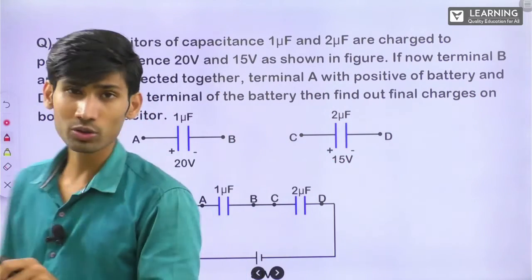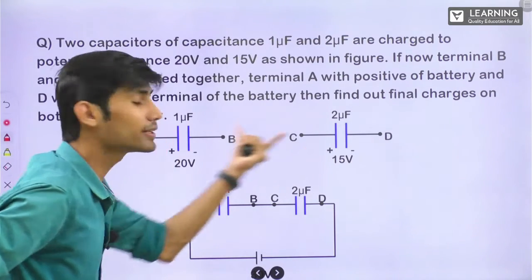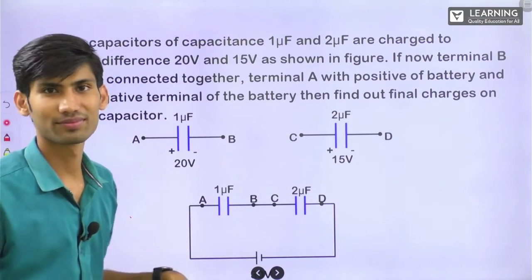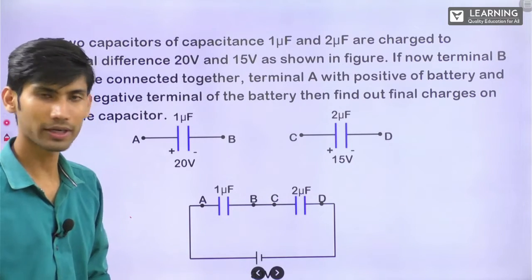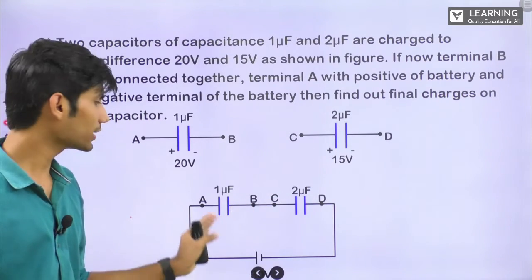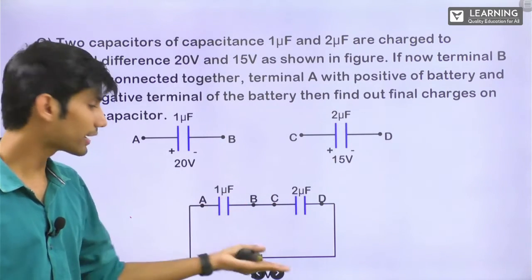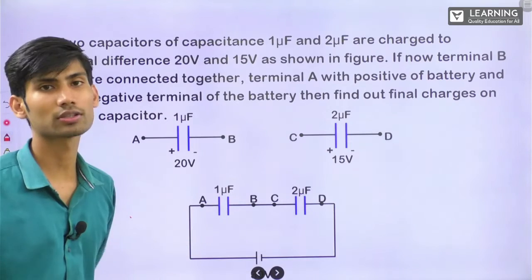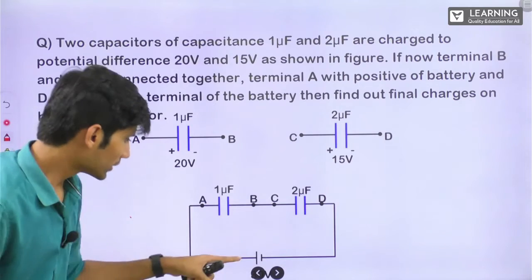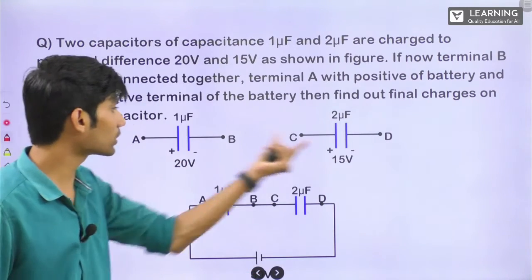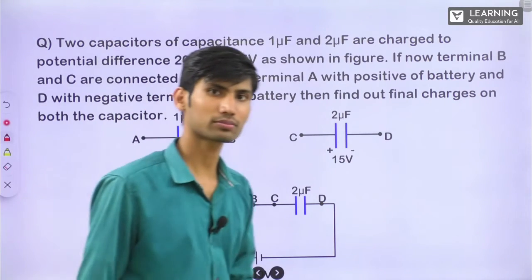Okay. How to do this? Understand. These capacitors initially were not uncharged. They were already charged to some voltage. They were already having some charge on them. Now when they are connected together, again some charge movement will happen and finally they will have some different charge. We have to find out in this final circuit how much charge these capacitor plates are having. How to find out? Now the potential they have connected is 30 volt.